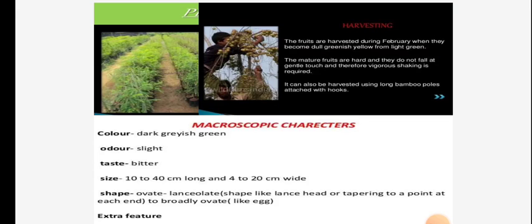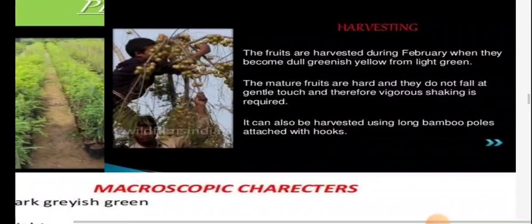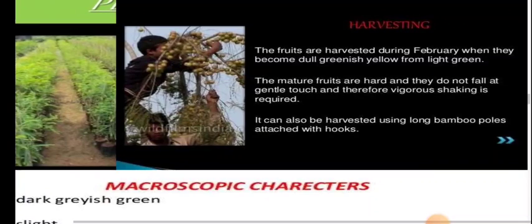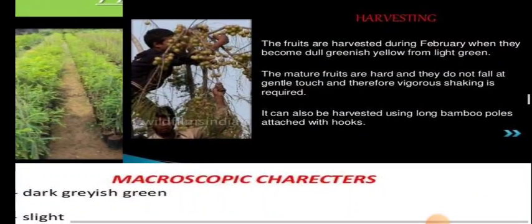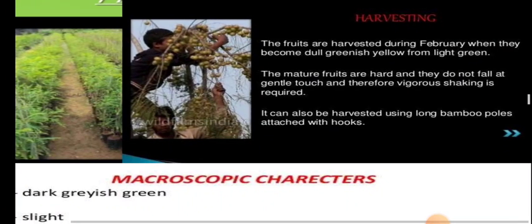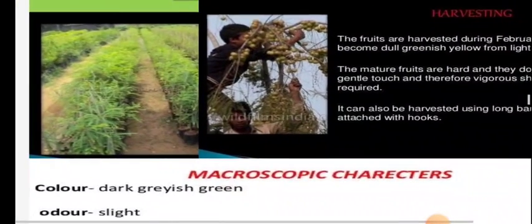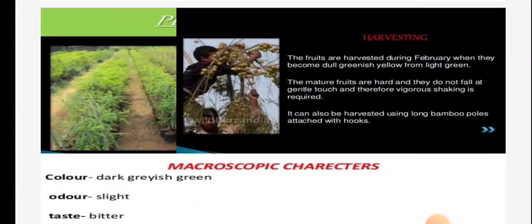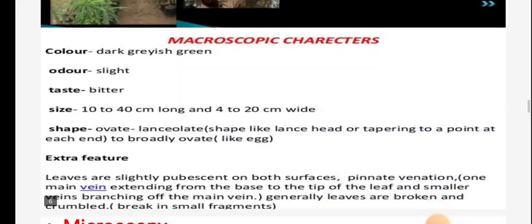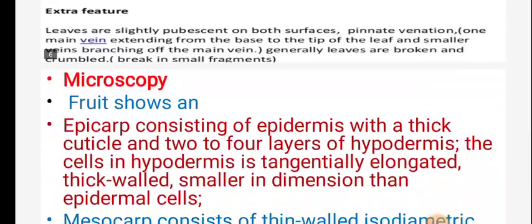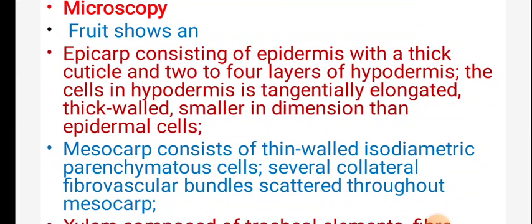Then here you are observing how the fruits are generally available on the tree. The fruits are harvested during the month of February and they become a dull greenish yellow color. Then you observe the seedlings developing in the nursery. Then macroscopic characteristics are also changing. In microscopy, the fruit shows the epicarp consisting of epidermis with thick cuticle. Then hypodermis, with cells tangentially elongated,